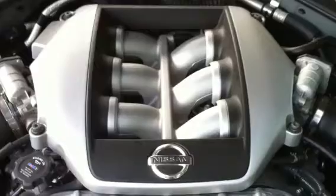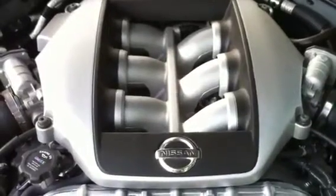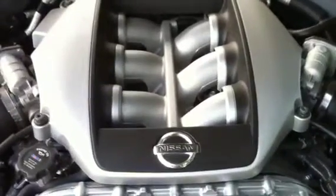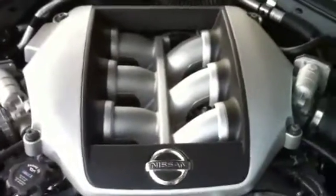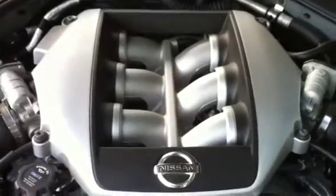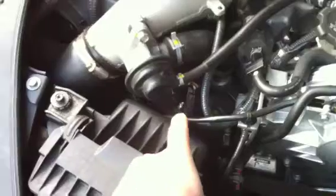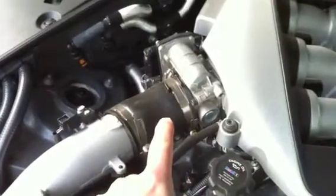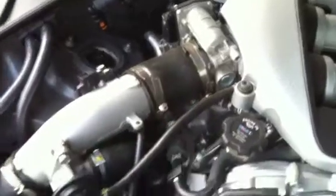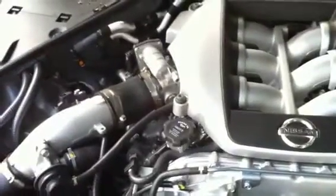If you fit an intercooler that does not keep the flow on the same side of the car, and it crosses over, then it will cross over again on this inlet manifold, and the engine management will get confused because it thinks that this MAF sensor here works together with this throttle here. But if your intercooler crosses the flow over instead of keeping it on the same side, it will mess up